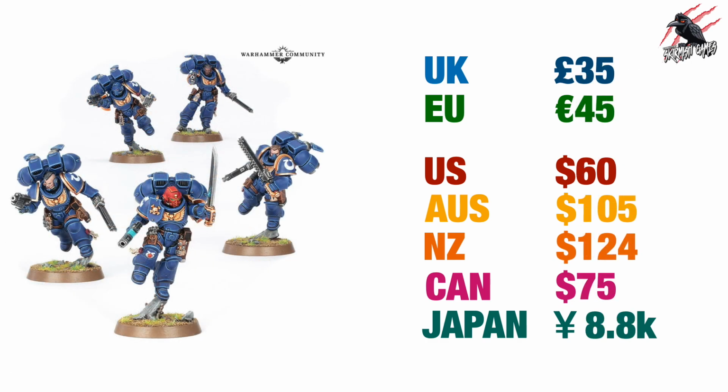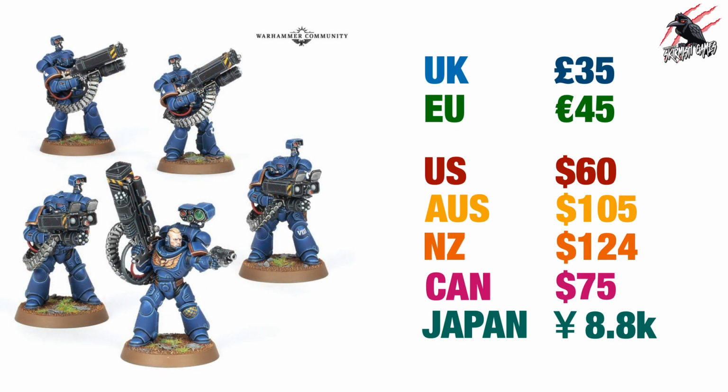Next we've got the Jump Pack Intercessors. You're going to get a set of 5 here, £35 in the UK, EU 45, in Australia 105. I don't know why I jumped ahead there, but the US 60, New Zealand 124, Canada 75, and Japan 8.8 thousand yen. Then we've got the same price for the Desolation Squad,